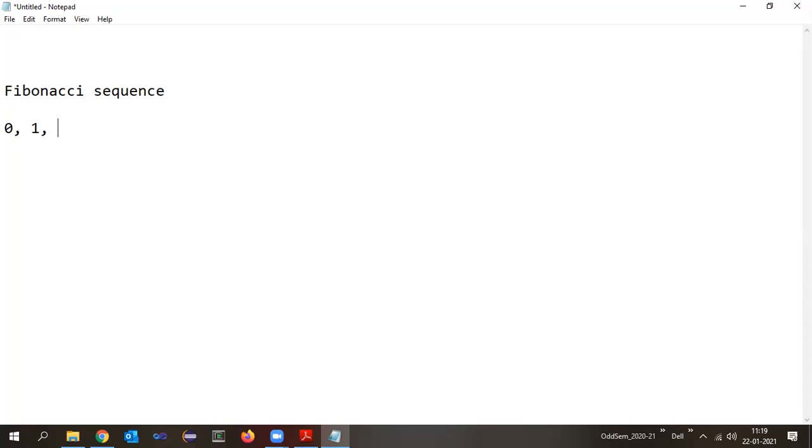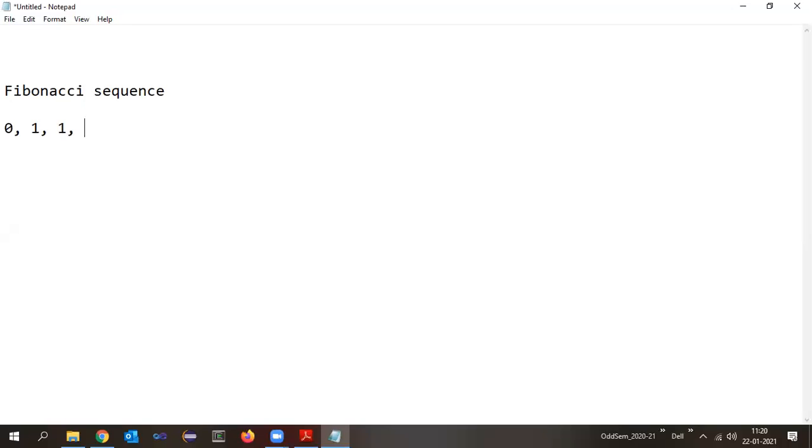Now, the concept is that the third number can be calculated or obtained by adding the previous two numbers. Okay, the third number I have to get here. As per the Fibonacci sequence, the mathematician says that the first and second numbers are 0 and 1 respectively, and the next number is the sum of its previous two numbers. Okay, now what are the previous two numbers? What is the sum of those? 1. That is the third number.